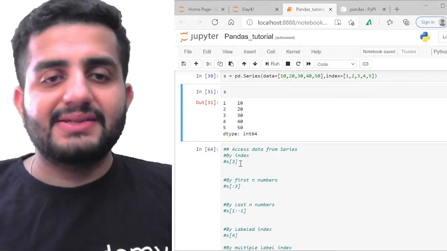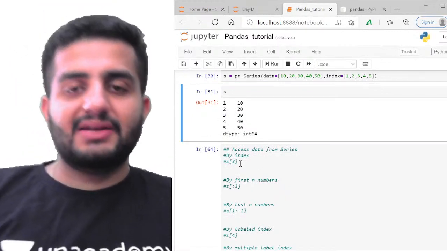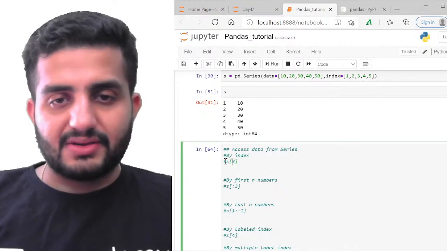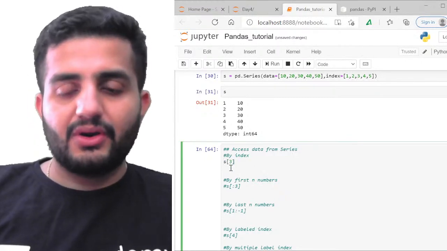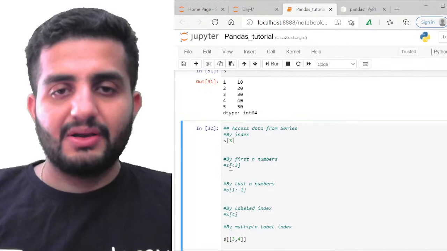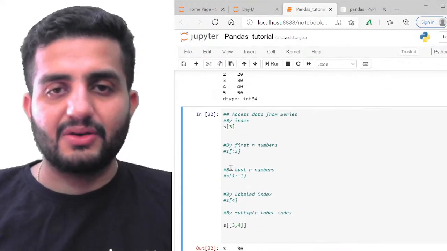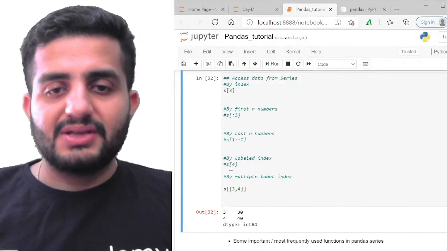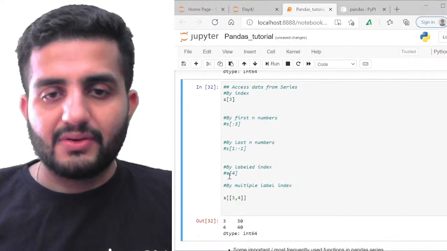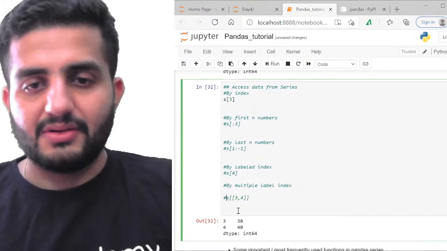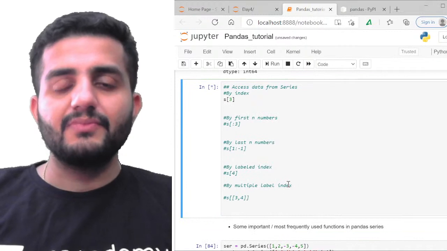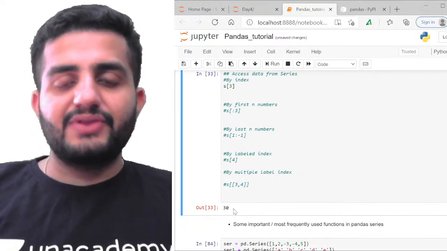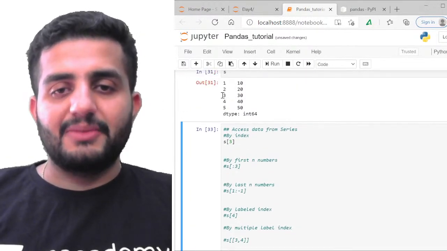Do you know about access? How do we access the data? We access it through the square brackets always, right? So how are we going to do this? So we're going to write s of 3. So for example, I want to access simple. So can you see this? S of... okay, this is giving me an error here. Cool. So if I run s of 3, I'll be able to access the third element by default, right?